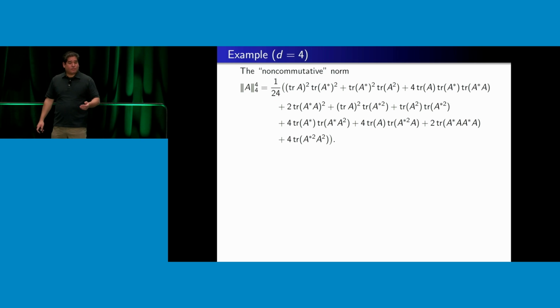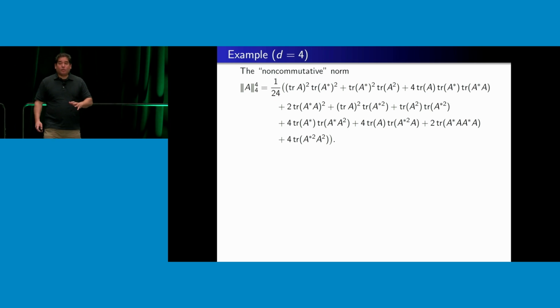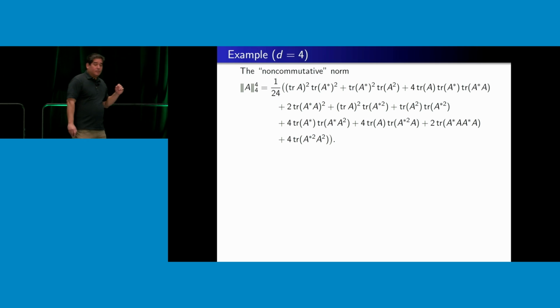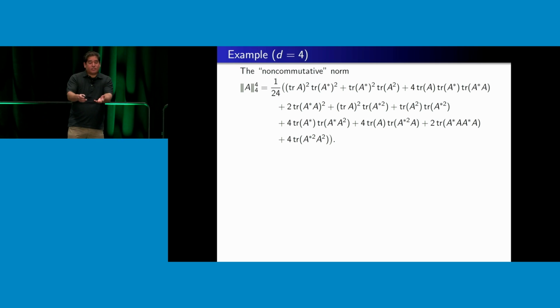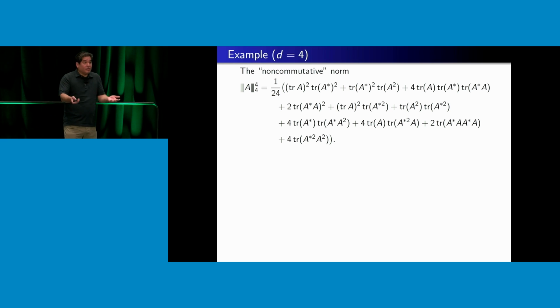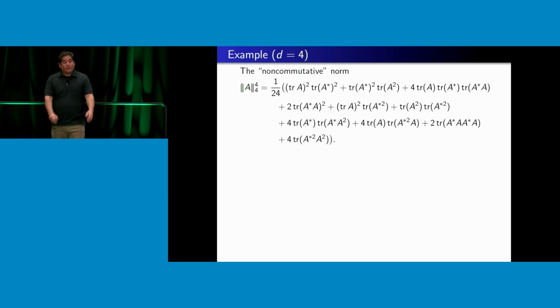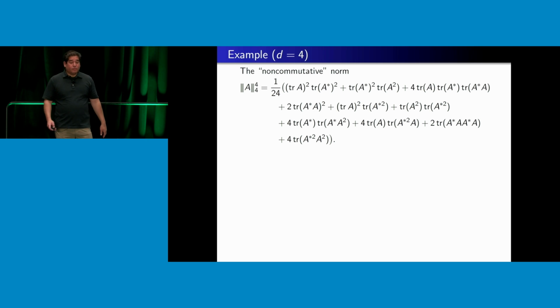And so let me give you a gross example here. So this is a horrific thing, and you've already tuned out. But trust me, there's a reason to look at it. I don't want you to look at the structure other than say, wow, that's really ugly, and I would never think that that has any good properties at all. Satisfies the triangle inequality. It's a nice thing. That's a norm on the n by n matrices if you take the 4th root there.